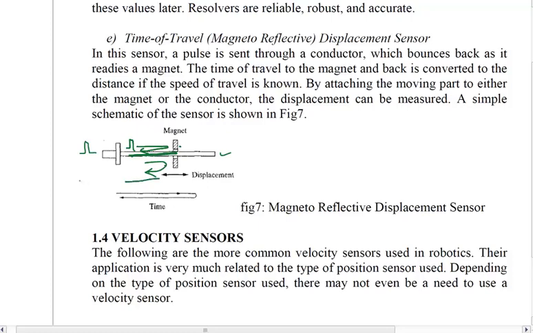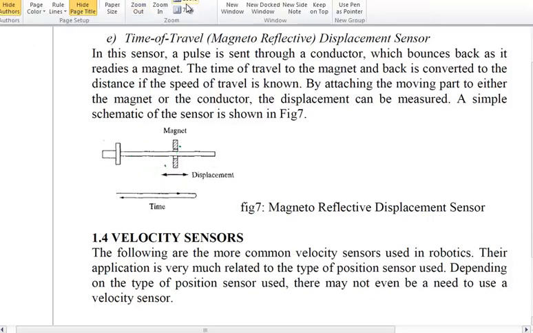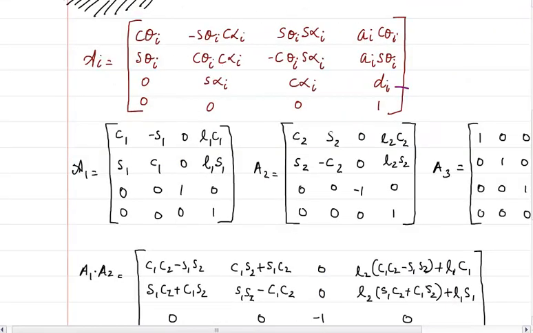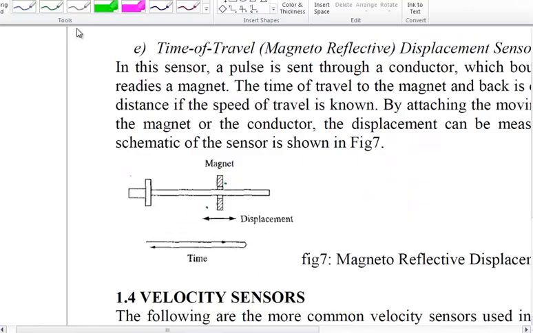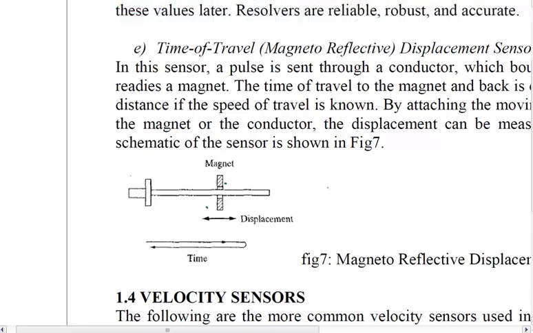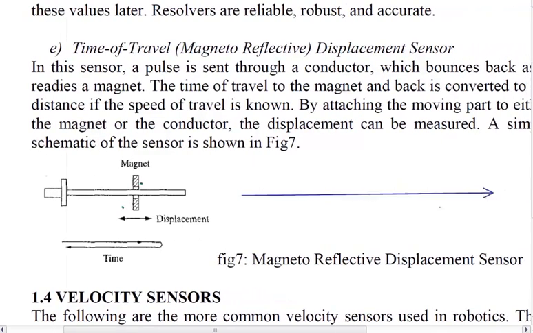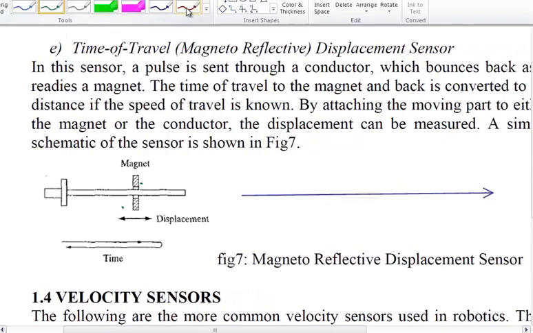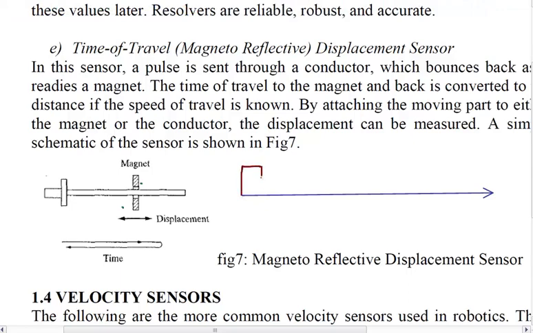So if suppose I have sent a pulse and I get a return pulse at this much time, then I will be able to say that, okay, let me draw this a little bit big, let me zoom it. Okay, so suppose I have sent a pulse in time. Let me draw the time axis also. So this is the time axis. I sent a pulse, and that pulse is, suppose, this one. I sent a pulse and that pulse came forward, and wherever the magnet is, from there the pulse will return back.